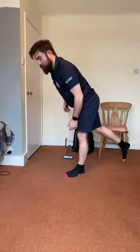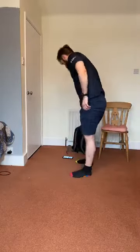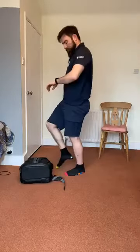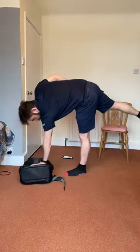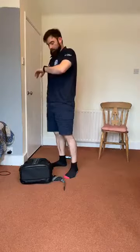So you can put a foam roller or a stack of books in front of you for a bit of an external focus. So that's probably going to be too long. But if you've got something to aim for and touch, you'll know that you've reached forward far enough. So if I do this with the slouch, I'll be pressing down on the bag, relax. And then other side,